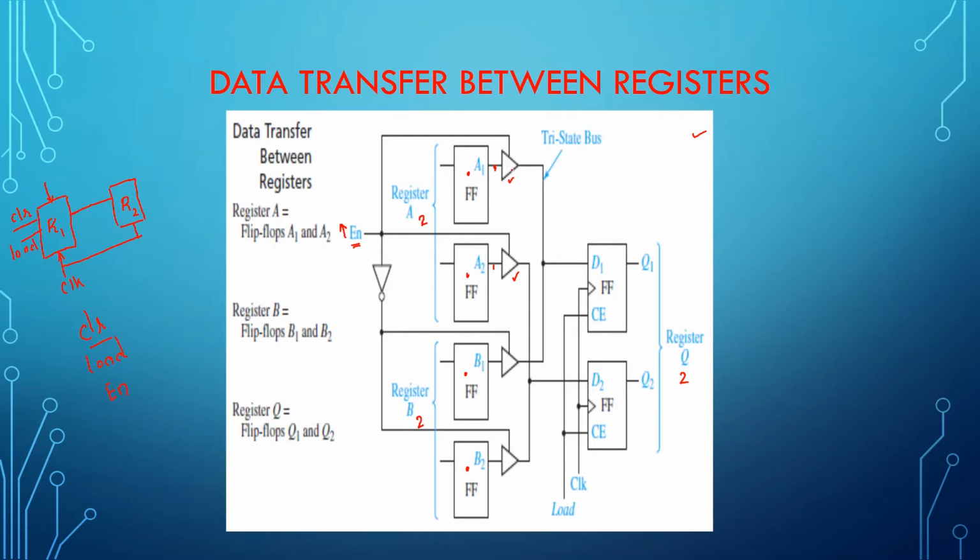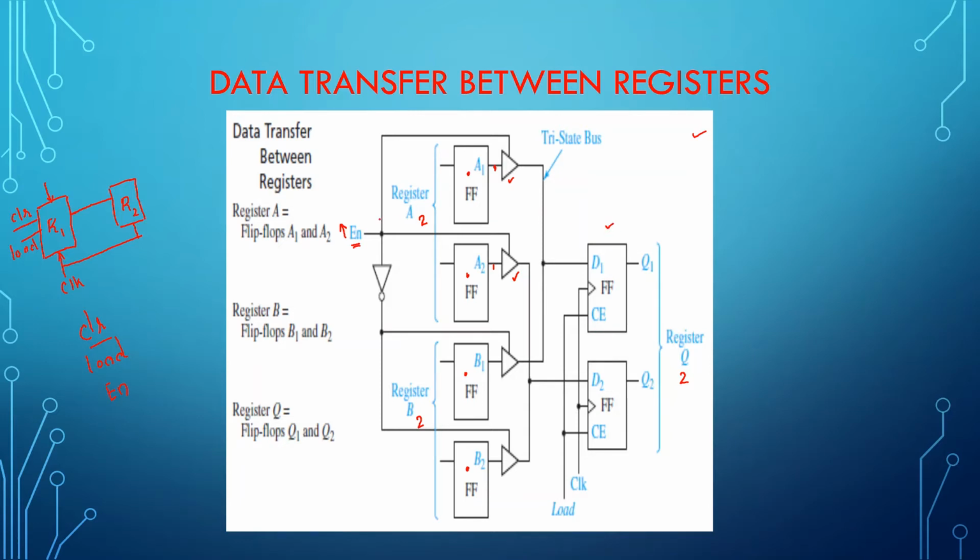As soon as you made the enable signal high, this tri-state buffer was turned on. Once this tri-state buffer was turned on, please concentrate, the data from this particular register moved on to the register that is placed here. From this register, it moved on to this register placed here. To which register will it be moving on? It will be moving on to register D1.